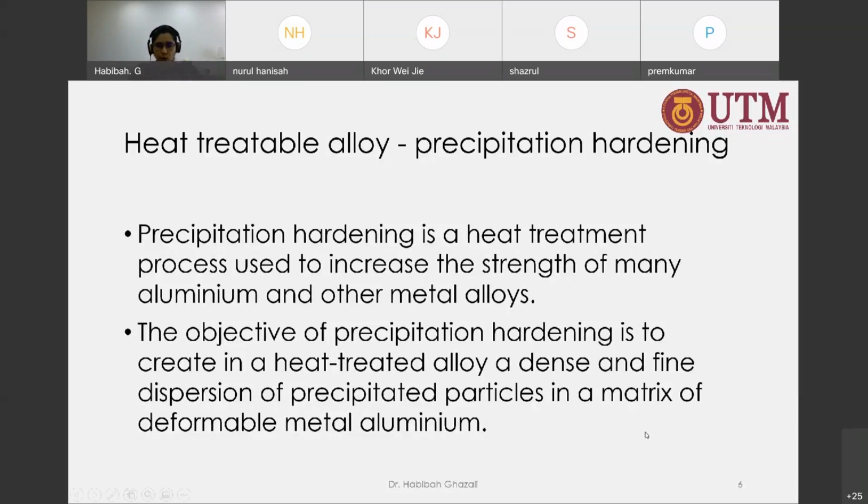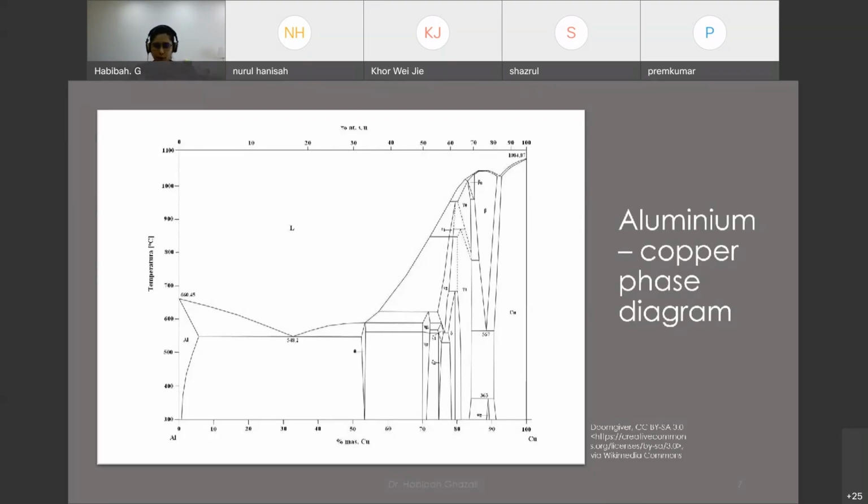Now let's have a look at what composition of alloy can be heat treated. I will use aluminum copper as the example in explaining this precipitation hardening. So you look at this phase diagram. This phase diagram belongs to aluminum and copper. I have given this in your